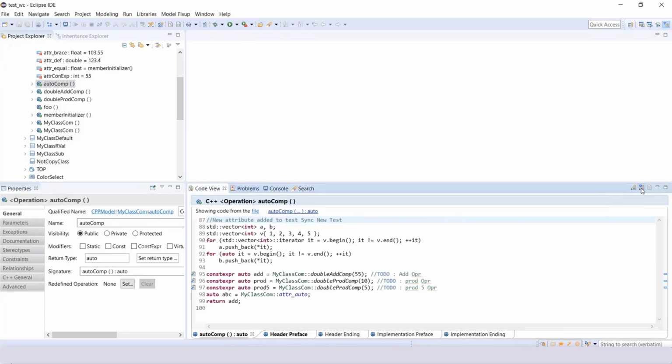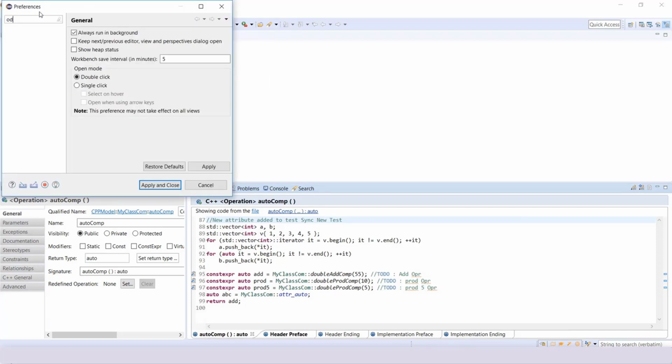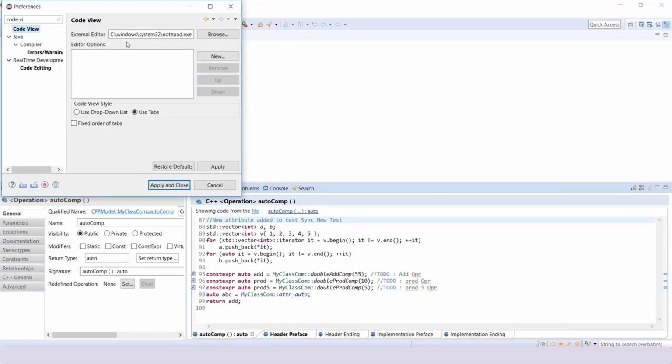The next button is launch external editor. Before you launch an external editor, you should have the preference set for the external editor that you want to use. You can do this using Windows Preferences, and here if you write code view and select this, you see I already have the external editor as notepad.exe.